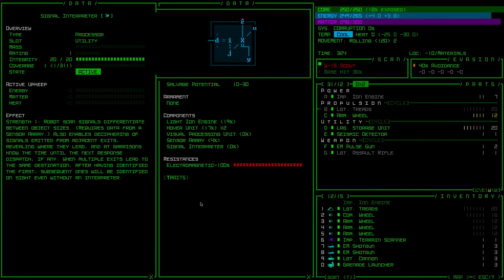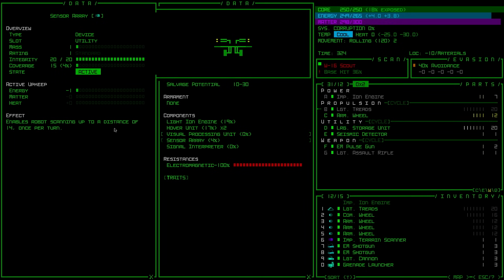When multiple exits lead to the same destination, after having identified the first, subsequent ones will be identified on site, even without an interpreter. The sensor array enables robot scanning up to a distance of 14 once per turn. Now that's the important thing. Once per turn. My seismic detector, by comparison,